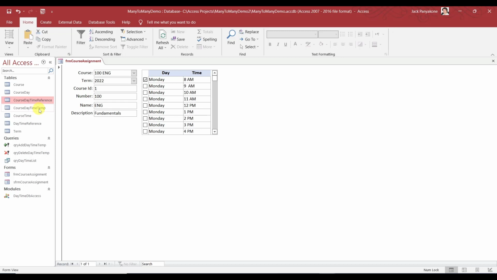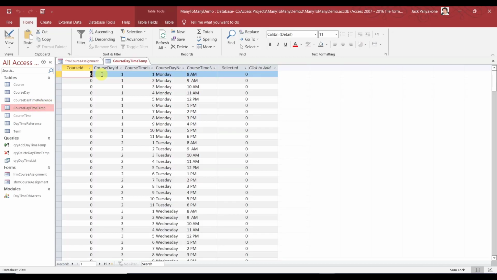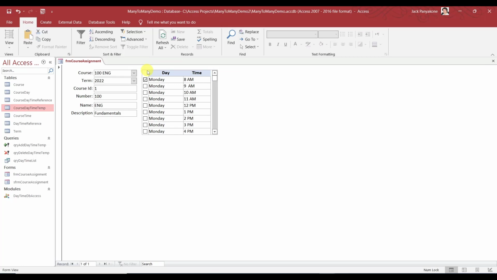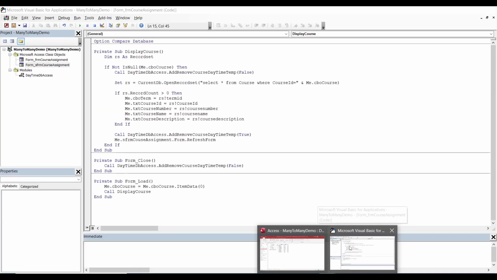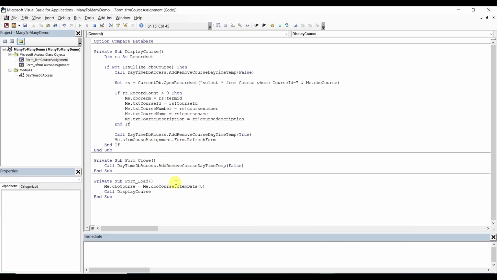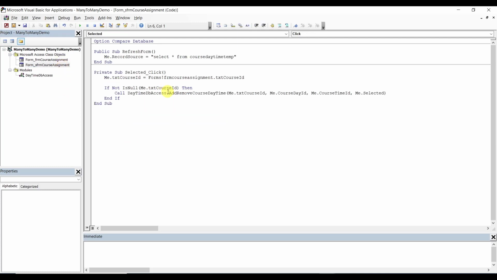And let me see this guy. Nice. Oh, it didn't add. You see that? It didn't add. So what happened here? We've got to refresh that guy, but it really doesn't matter, because we're selecting it. So I'm going to go back in here. When we click on this guy, when we do this, what we want to do here